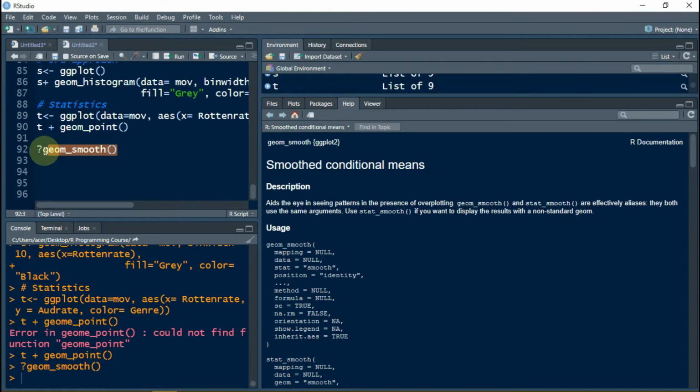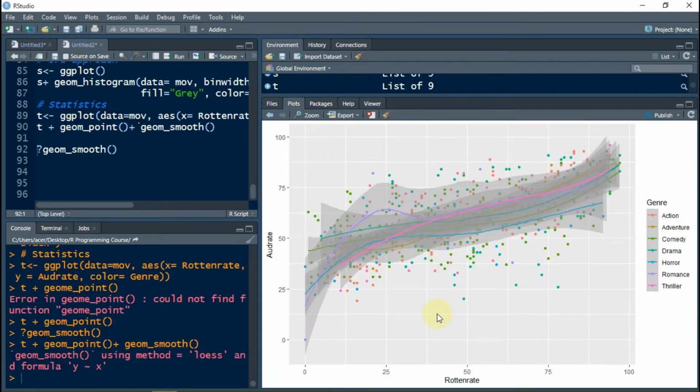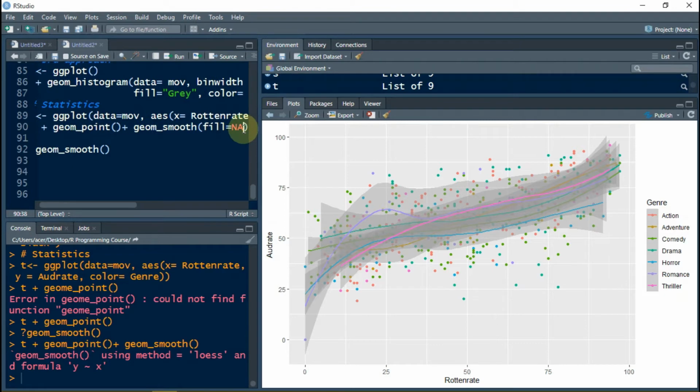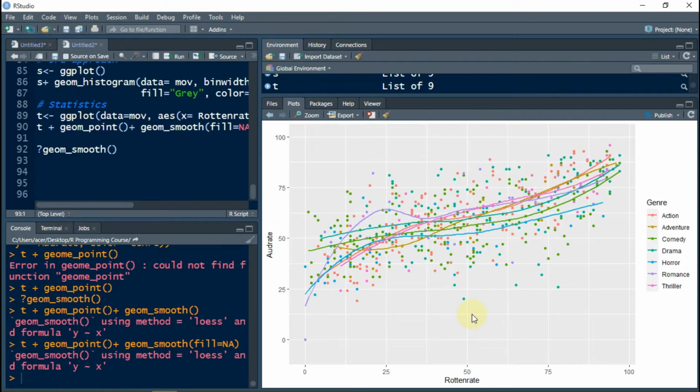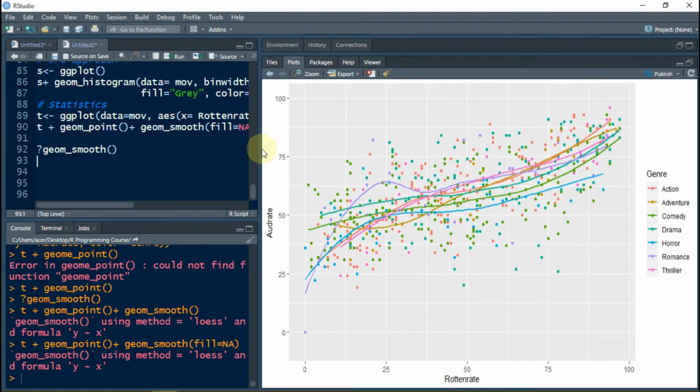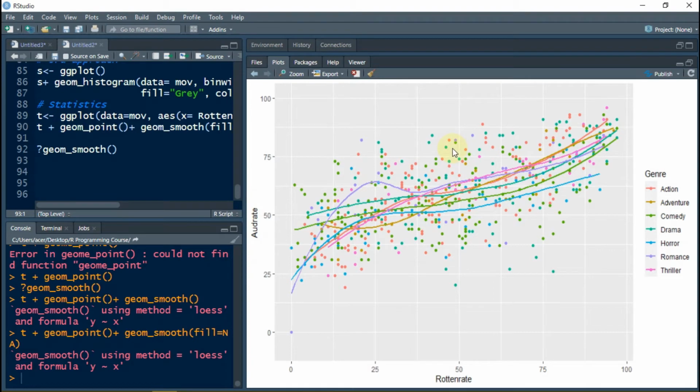So let's just add this geom_smooth to our plot, and now we have got some lines which show the trends of ratings, but this plot is quite dirty because of all these bands. So let us remove these bands, and for removing these bands we are going to supply the argument fill equals NA, and NA basically means nothing or null. So let's run this command, and now you can see that we have got a quite beautiful visualization,